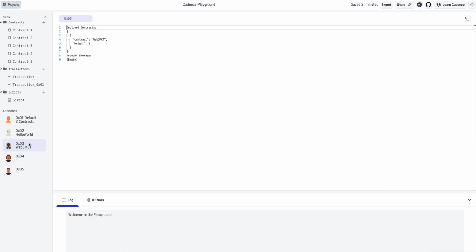stored in them. All right, so you can see on this account, right, we have our contract Web3 MCT at height 9. Our account storage is currently empty. 2, you can see that this one has the hello world, and this one actually has 2 contracts deployed to it. We have hello world and the Web3 MCT